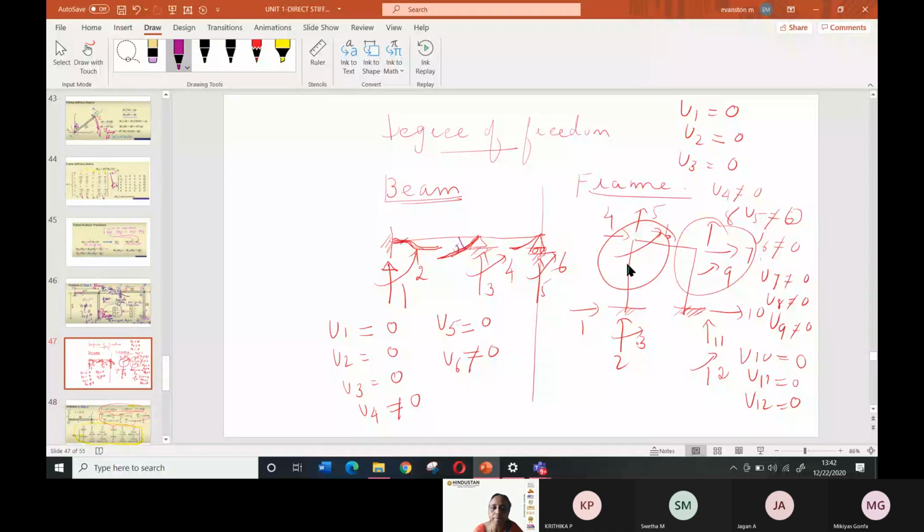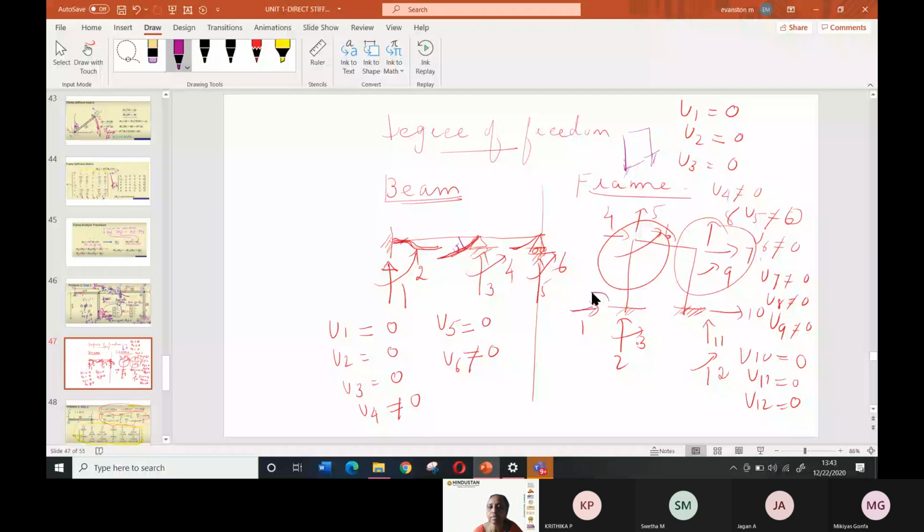But in the case of frame, that is the portal frame, suppose this is a portal frame we have taken, this end is fixed. The numbering you can do any way, but the stiffness matrix you have to follow from bottom to top. So numbering for horizontal should be 1, vertical 2, rotation 3, and this is 4, 5, 6, 7, 8, 9, and wherever you have a joint you have to number it, and this is a last fixed. You have to pay attention to the numbering of the horizontal force, that is numbered as 1.